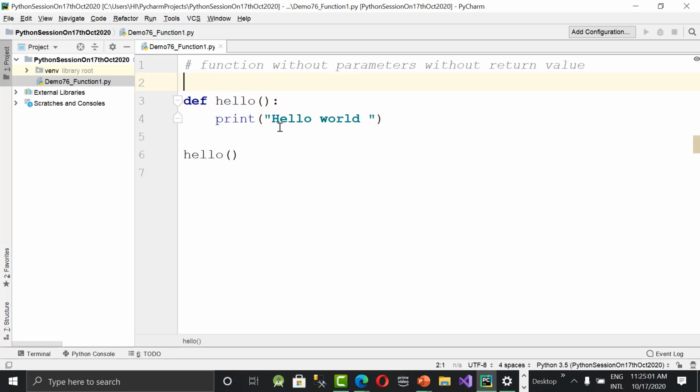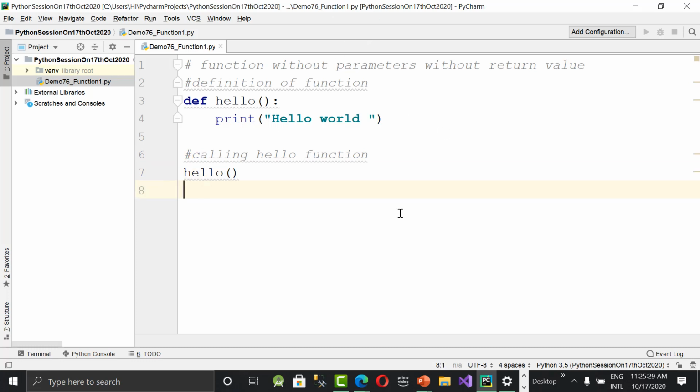The function definition, in simple words, is the body of the function. So line numbers 3 and 4 are called the function definition or function body. And then calling the function. How to call this? Call hello. The hello function I'm calling with the following line. What is that? Just hello, open close brackets. That's all. Now let's run it.